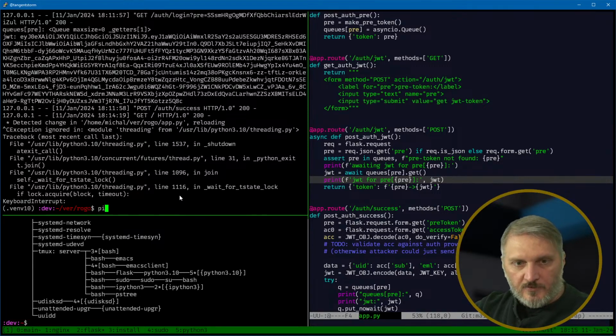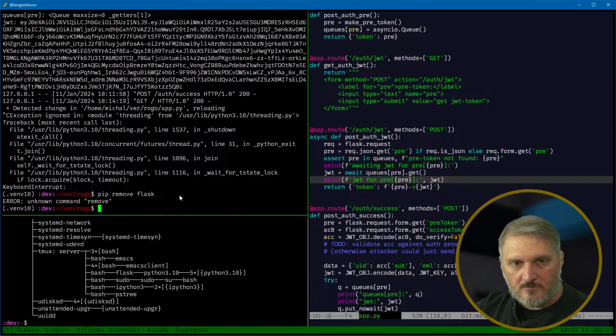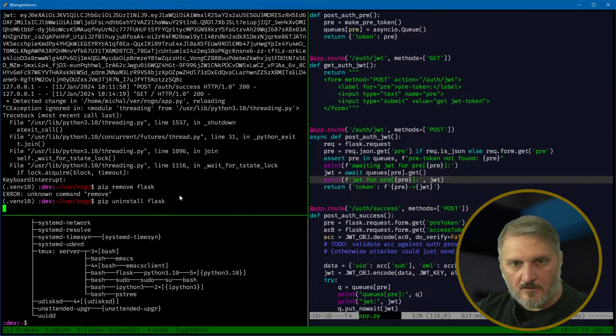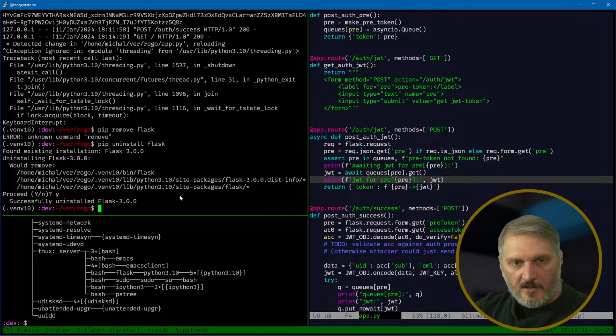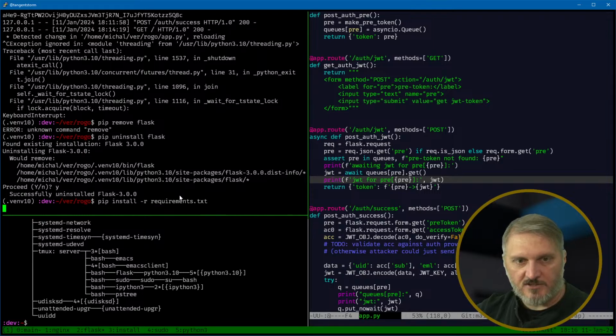Anyway, so pip remove Flask, right? Uninstall. Yeah. And then I'm going to switch. I'll change one thing at a time. I was going to say I could upgrade to a different version of Python. Python 12 is the latest. Pip install -r requirements.txt. That should install